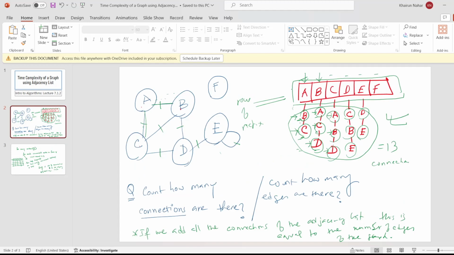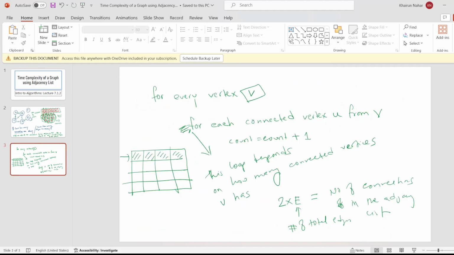And in total, when the 2 loops finish, the first loop will iterate over all these elements, and the inner loop will traverse through each of these lists of nodes, right? And at the end, the inner loop will be traversing through all the connections. Right? So we can say that at the end of the second loop, as many total edges as there are,